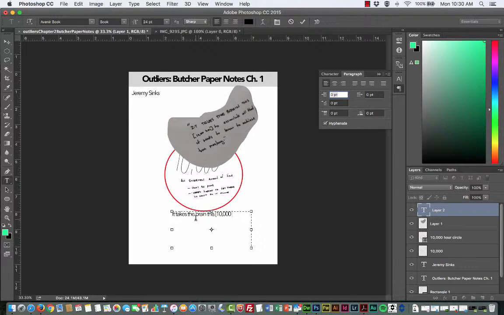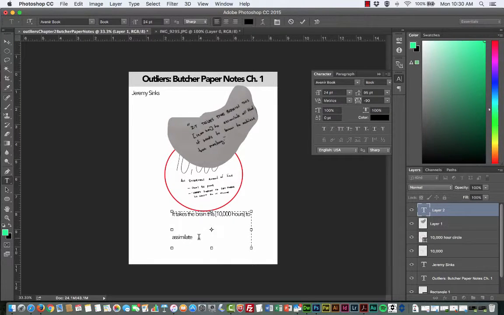10,000 hours, because I'm putting words into this person's quote. So that's why I'm using brackets instead of parentheses to assimilate. Oh, dang it! I got my spacing off again. So I'll jump back to my character. Highlight that. I don't know why it goes back to 95 lately. Okay, let's switch that to auto. There we go. It takes the brain this 10,000 hours to assimilate all that it needs